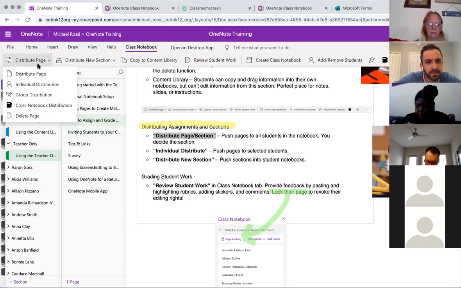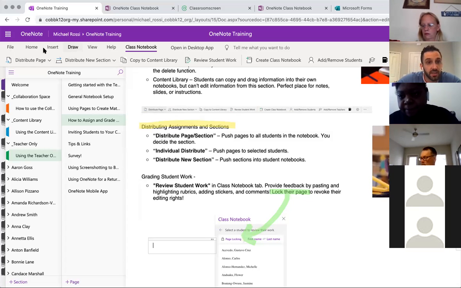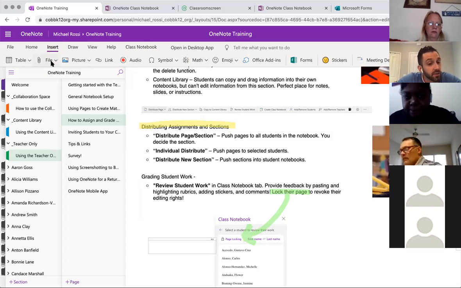Yes, thank you. No problem. Here's the second part of the question. Do you have to create everything yourself and put it in there? What if you have a PDF of something that you already have? Do you have to retype it? I'll show you right now, actually. If you hit insert and you go to this file button,